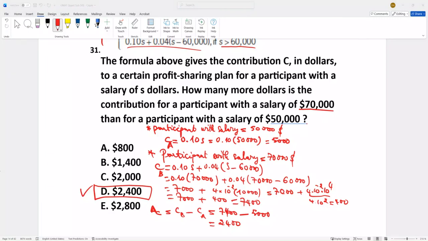And so we had to keep in mind that the question was to find how many dollars more the contribution is for this salary. Okay, so we needed to find the differential, the difference. How many dollars was more? And it could be a little bit tricky. Okay,